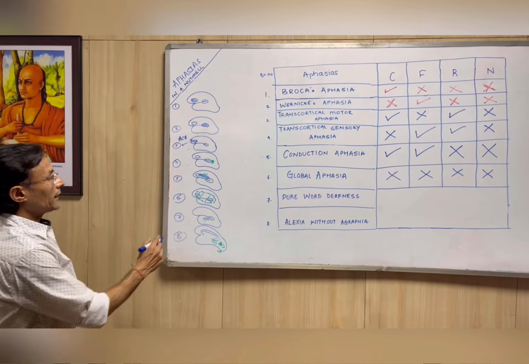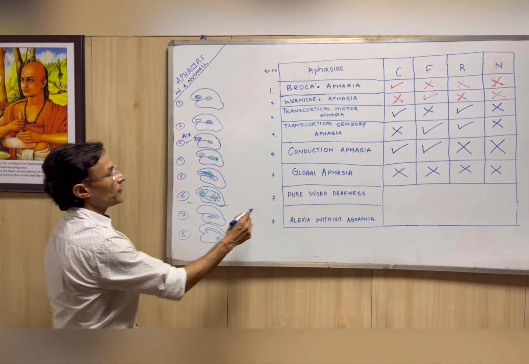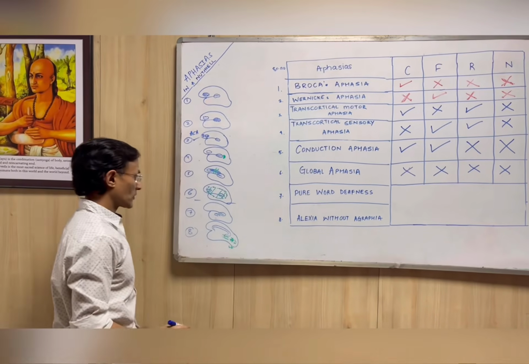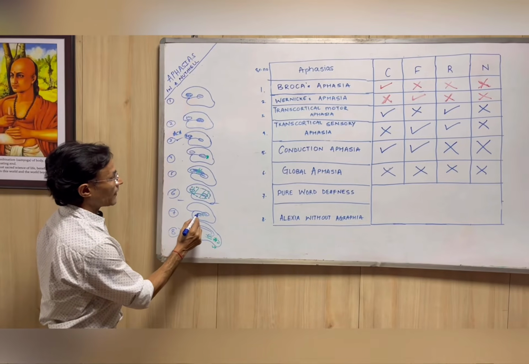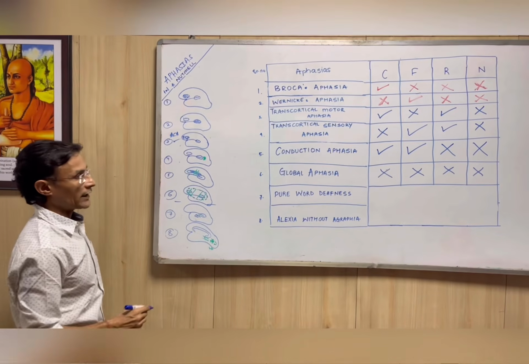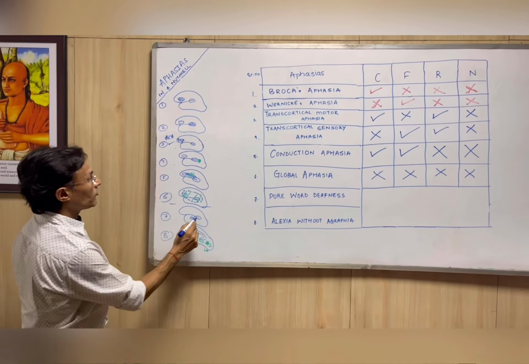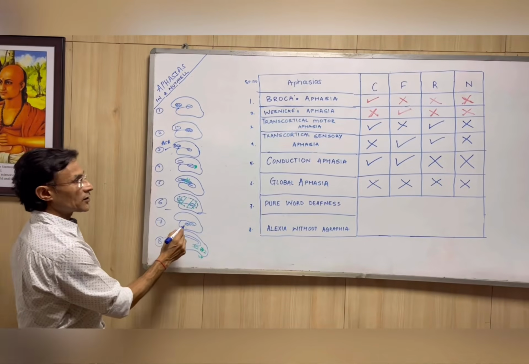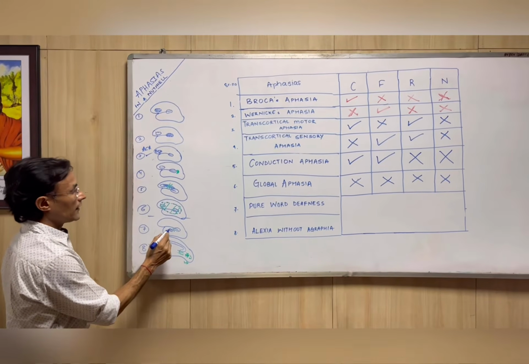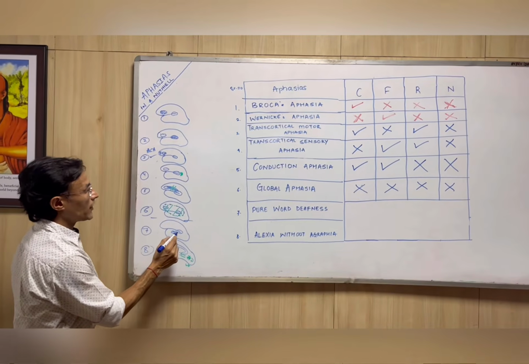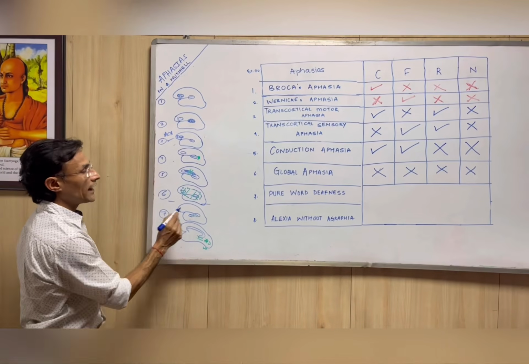Now, two separate interesting phenomena we will discuss here in aphasias. One is pure word deafness. In this diagram you see Brodmann's area number 41, which is the primary auditory cortex, and this is area number 22, Wernicke's area. When somebody is talking, we are listening in the primary auditory cortex, then the information goes to Wernicke's area. What is being said is comprehended here.